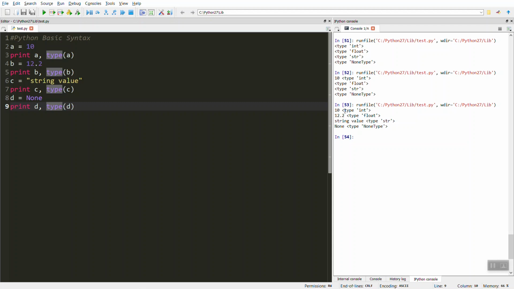So 10 is an object that belongs to the integer class. 12.2 is a floating object that belongs to the float class. Next we have a string value, which belongs to the string class. And similarly we have a None object, which belongs to the NoneType class.